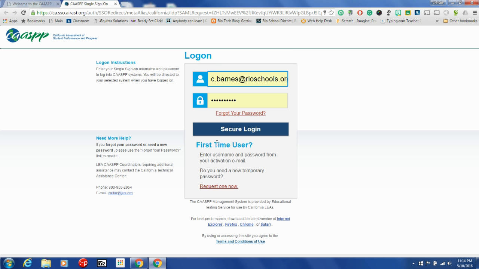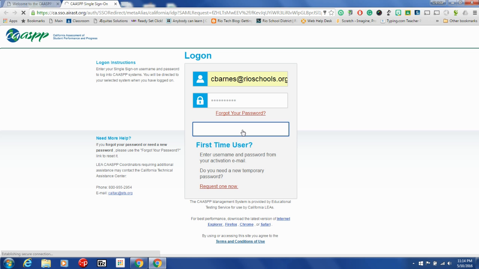So when this opens, you will need to log in with your Tom's username and password. If this is the first time that you have logged in, you will need the temporary password they gave you. If you have logged in previously, hopefully you changed that temporary password to something more permanent that you will remember and be able to use regularly. So I'm going to go ahead. Now this is going to take a while, so let me just address a couple of things with you while